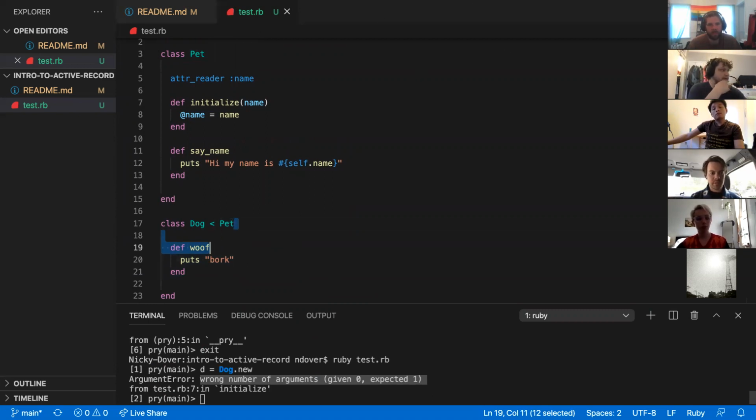Dog inherits its methods from the pet class. So dog inherited this initialize from the pet class, which is cool. Now there's a way to do two different initializes. We won't really dive into it right now. I'm not trying to give a full explanation of inheritance. But if I go now and say d equals dog.new spike,